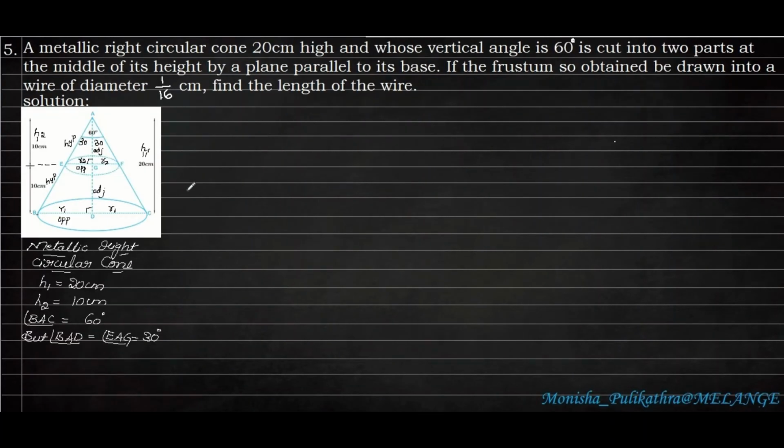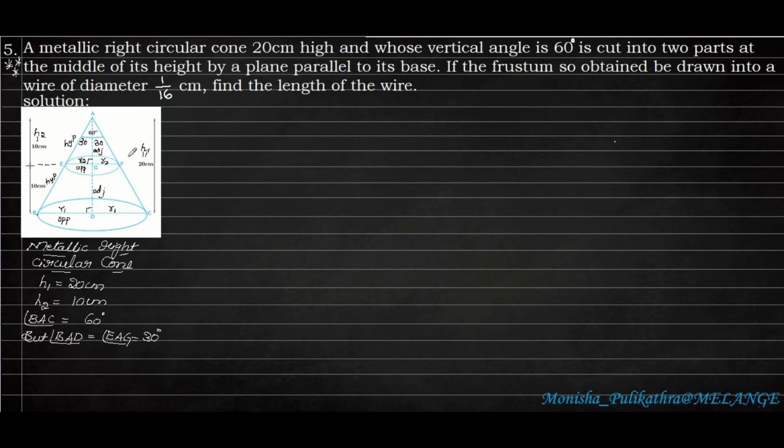So this is the last question of this session and one of the most important questions. Usually they give this for 4 marks or 5 marks. Okay, so a 5 marks question, either it will be a theorem or it can be a surface volume problem. Okay, so here the fifth question, a metallic right circular cone.